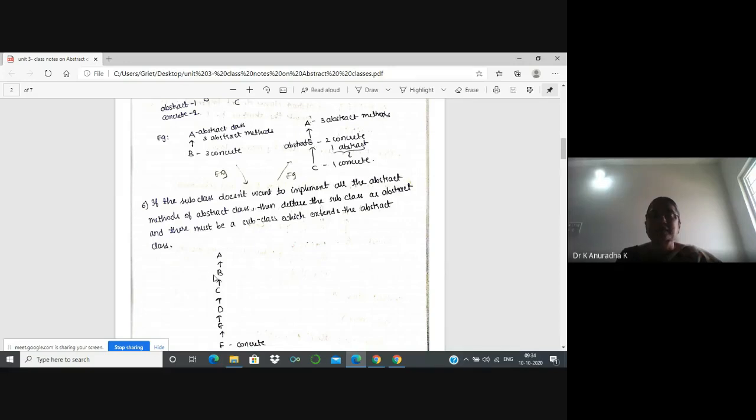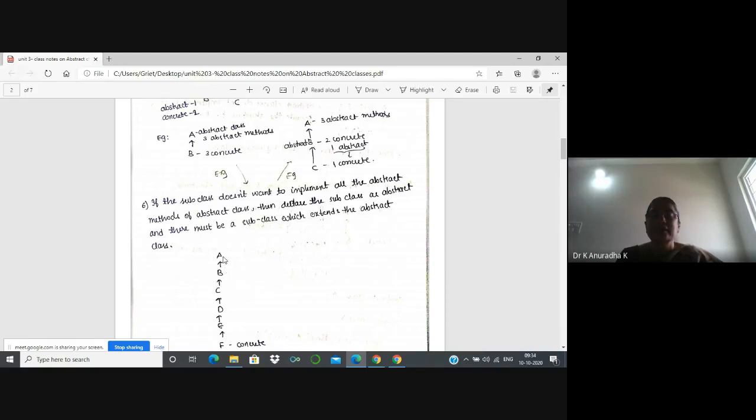So who will extend this abstract class B? There must be one more subclass which extends this abstract class, that is C. The role of class C is, inside class C, I will provide implementation to one abstract method of class B. Means class C is providing the implementation to one abstract method of class B.